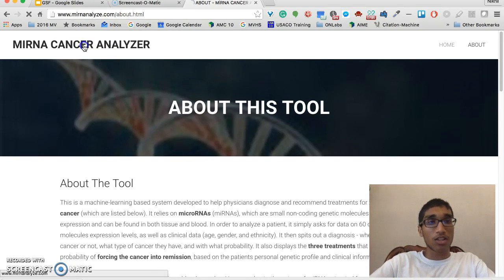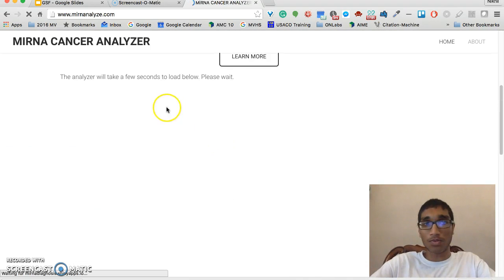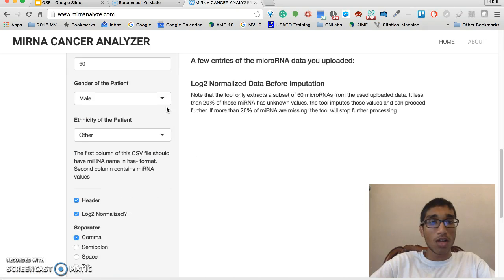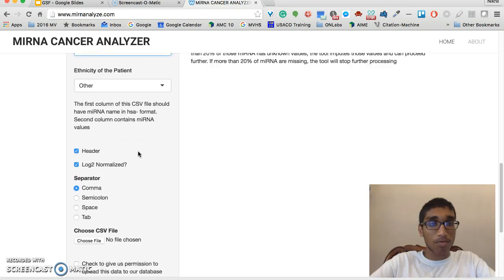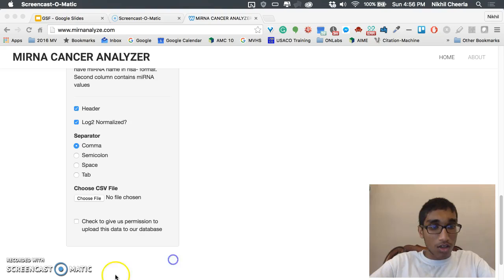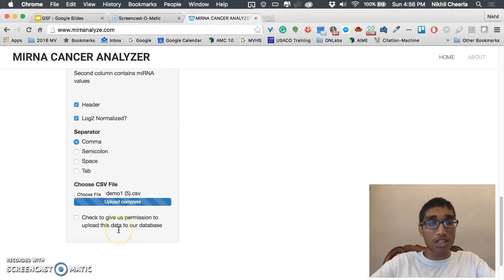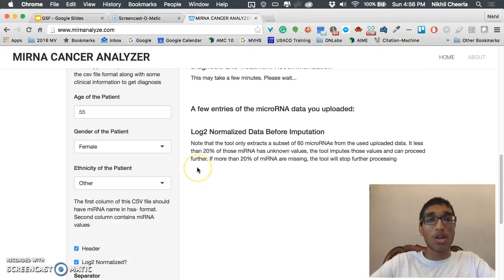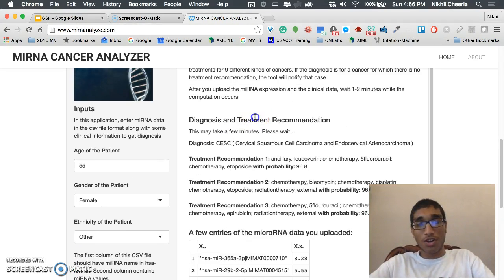Now if you go to the demo section of my project, the analyzer tool, then you can input information about the patient and you can input this CSV based data. And you can actually check to have us upload this data to our database, which means that we will actually learn from this data. And then it gives you a diagnosis, so it tells you correctly that this person has